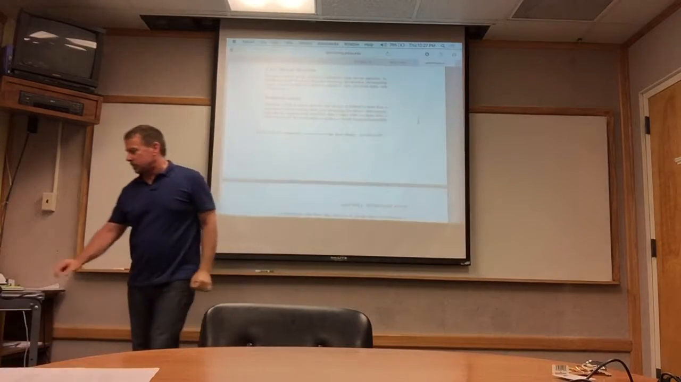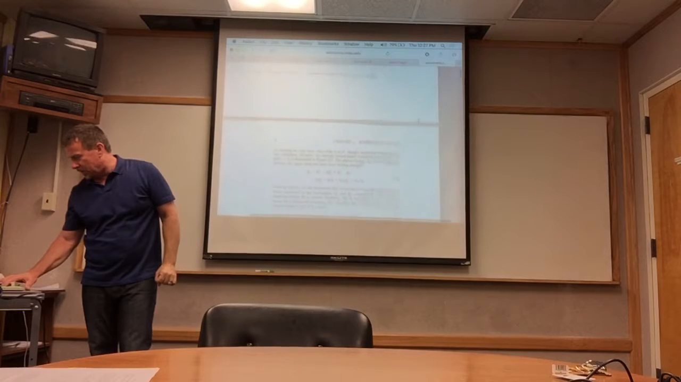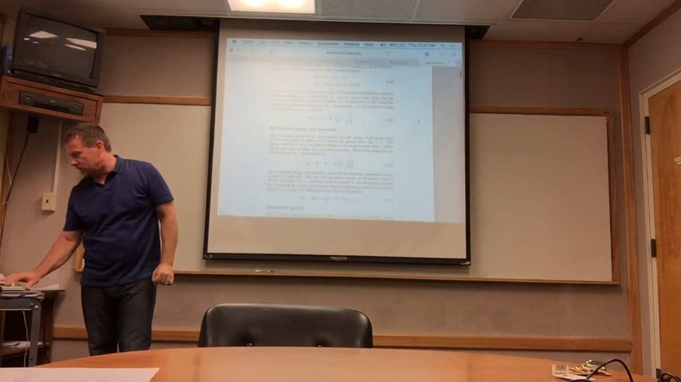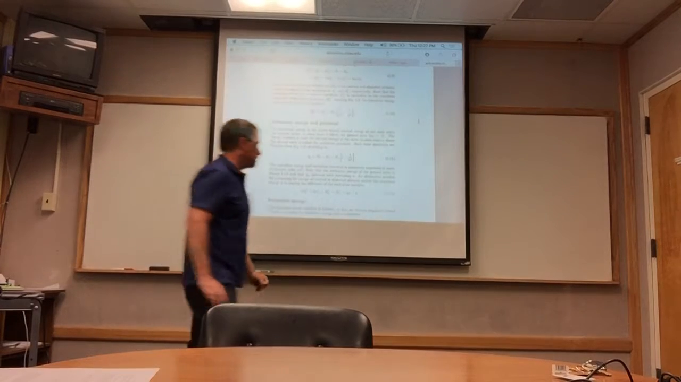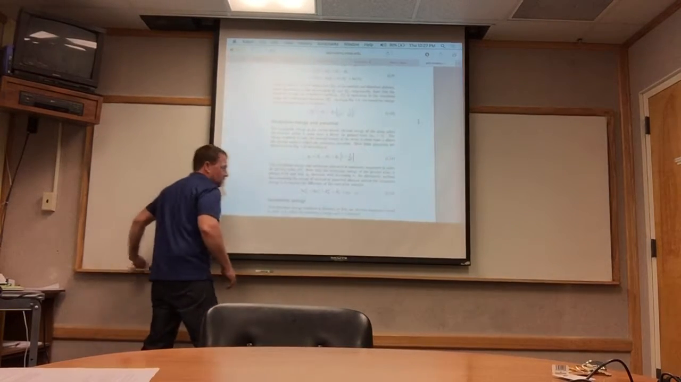All right. First one is transition energy. That one's pretty obvious. That's the energy between the upper state and the lower state. And I'm going to introduce my notation. Okay, so,